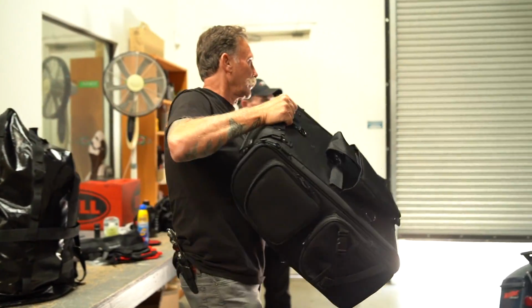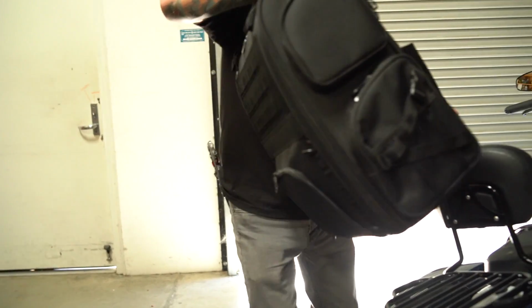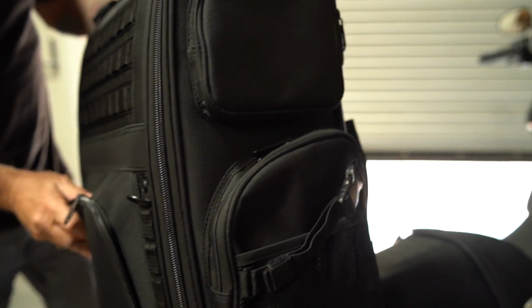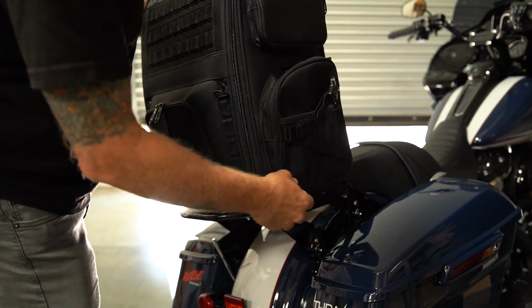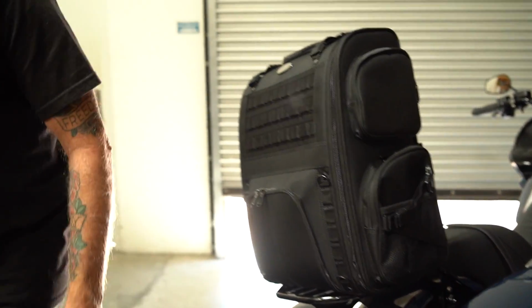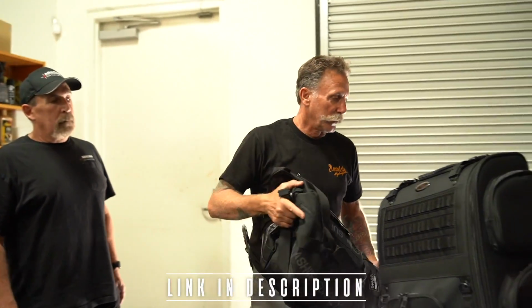This goes on the bike. It's very easy how they work. It's got this little saddle here. Slide it on. It's basically good to go. So you have straps that come with it that you can buckle it down to the rack, and you're really solid on this one. And he's running the duffel, the Thrash and Duffel bag,